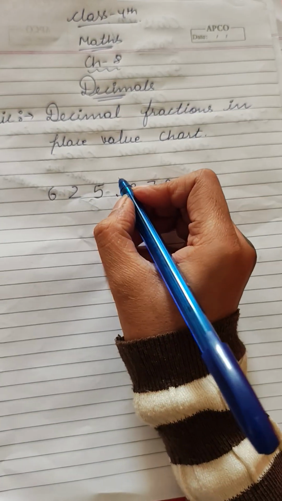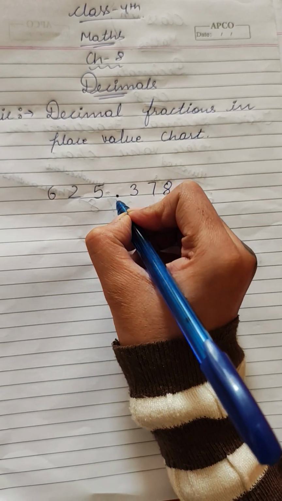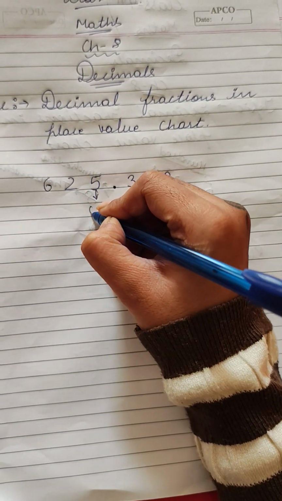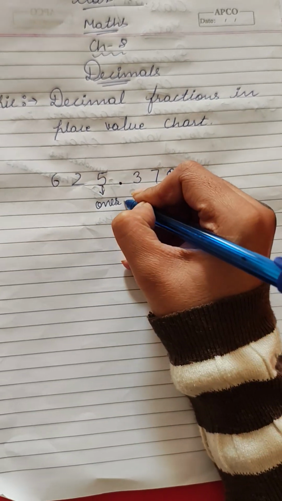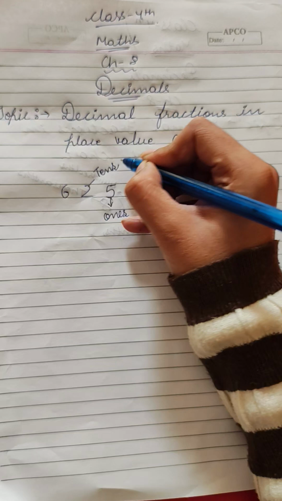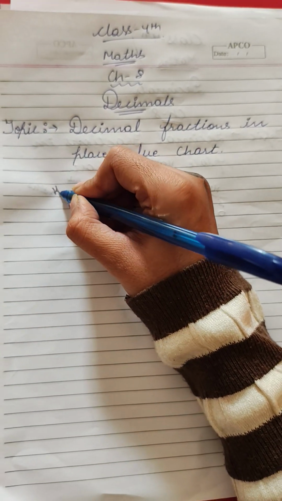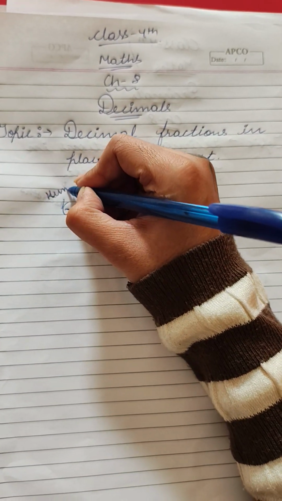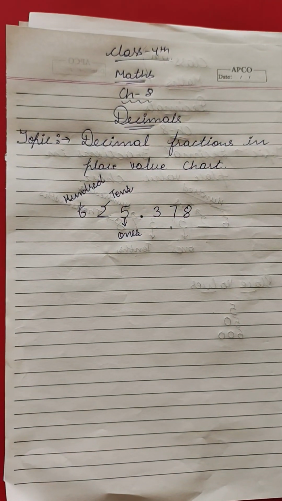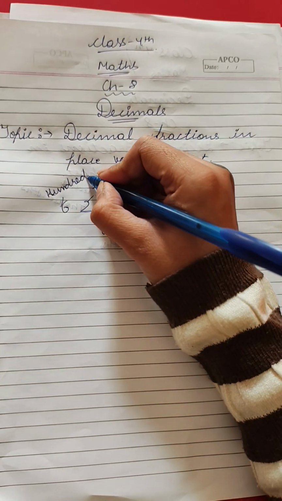As we all know, the digits before the decimal have place values. 5 is on the ones place, 2 is on the tens place, and 6 is on the hundreds place. Okay, now